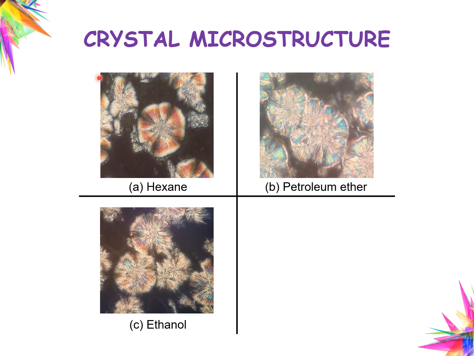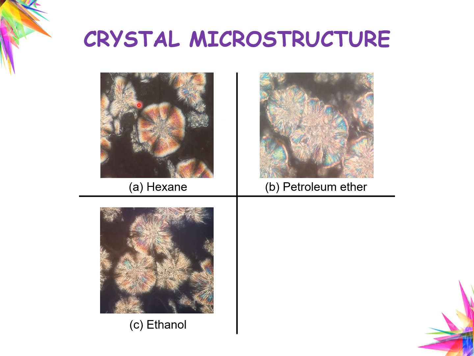Lastly, this figure shows the crystal microphotograph for Bambangan seed fat extracted with hexane, petroleum ether, and ethanol. We can see that all of the fat structures showed a spherulite crystal consisting of needle-like crystals branching outwards. This kind of structure is commonly associated with the beta polymorphic form of cocoa butter, which is usually desirable for chocolate production. We can see from these three figures,